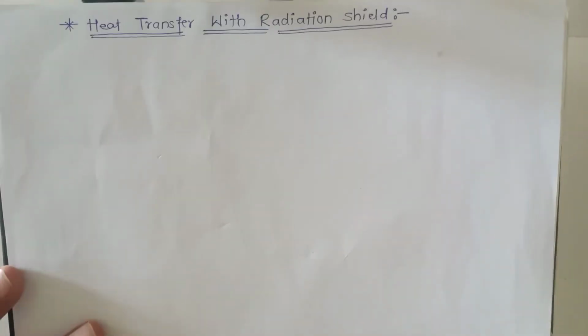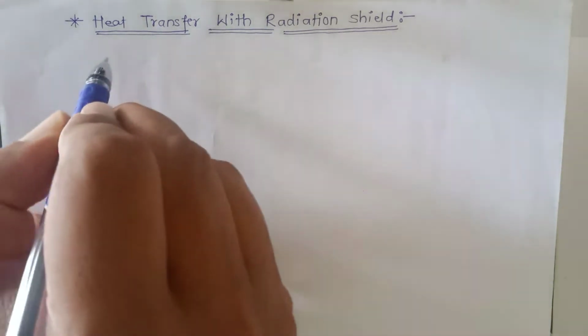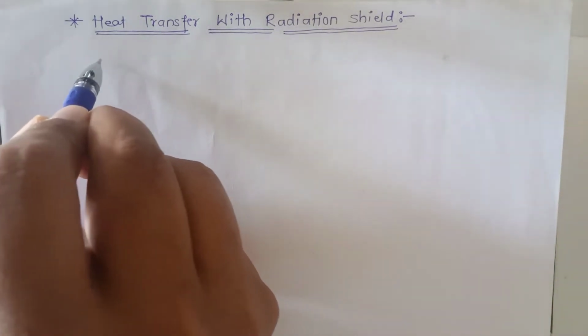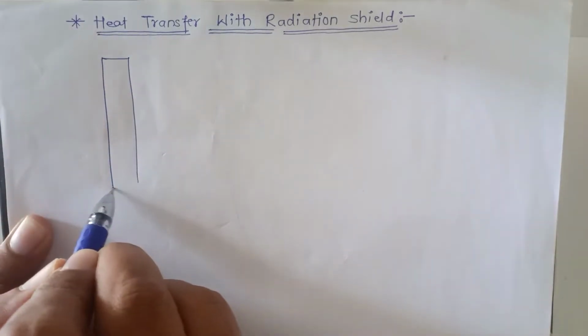Hello everyone. In this lecture, we are going to see how to calculate heat transfer when a radiation shield is inserted between two surfaces which are exchanging radiation with each other. So for that purpose, we have to consider two surfaces. Let us say this is surface 1